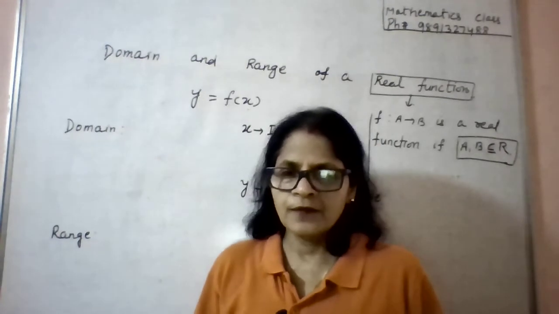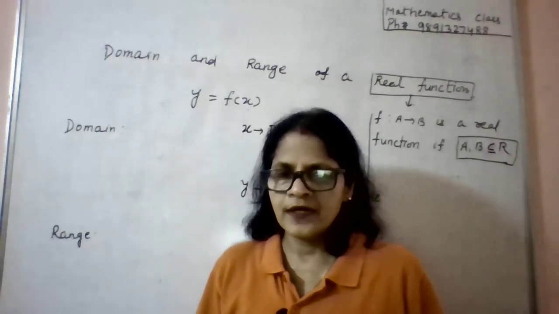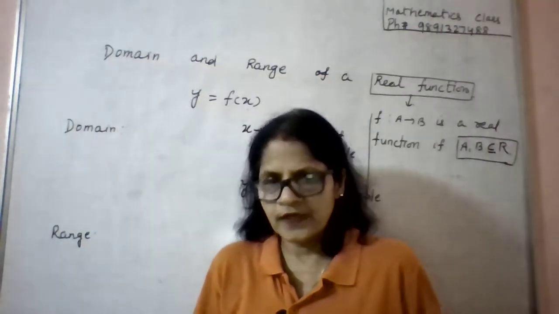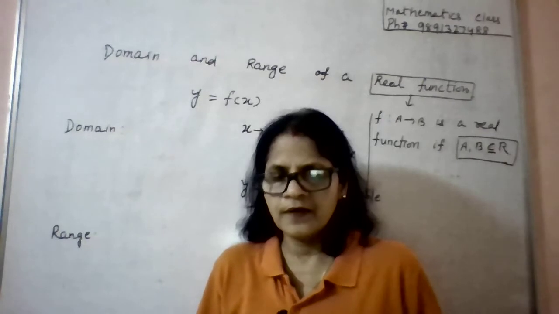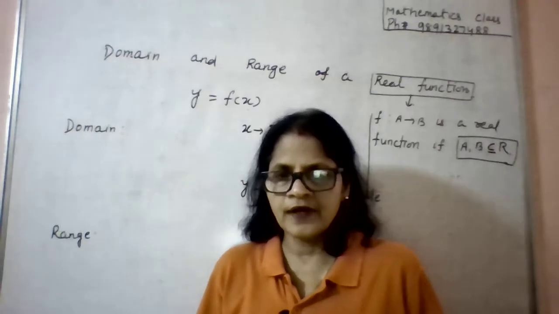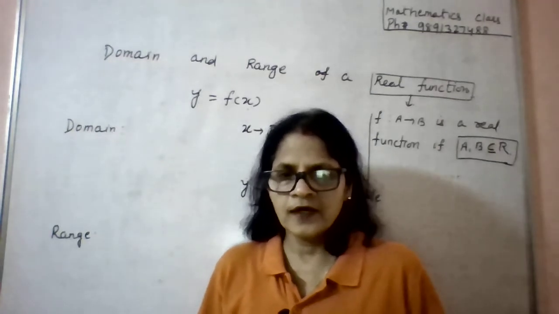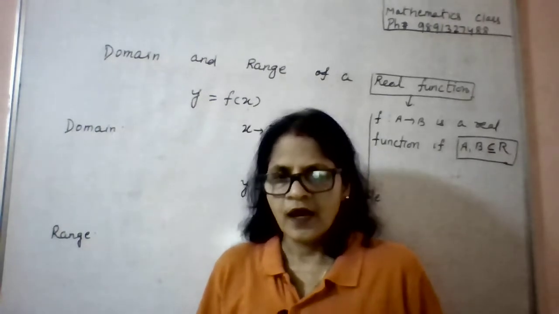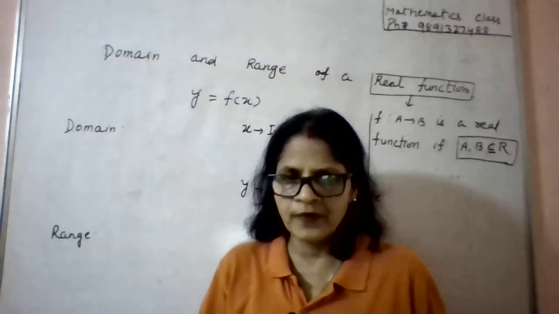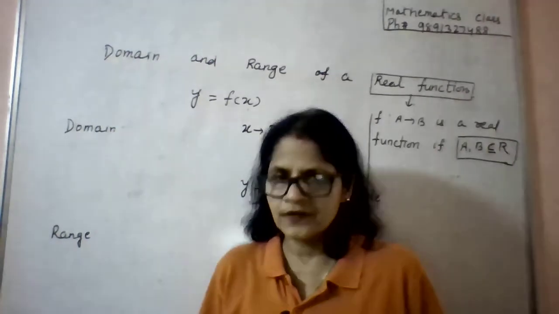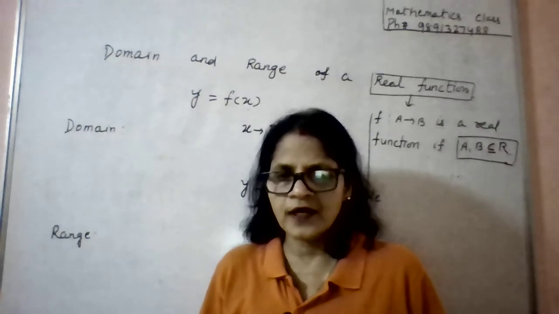By this time you have already studied what is Cartesian product of two sets, right? A Cartesian product B, what is relation, domain, codomain and range of the relation. Similarly, under what circumstances a relation can be a function, and function, its domain, codomain and range, right? You already have studied it, and I also have shared some videos in some of the classes